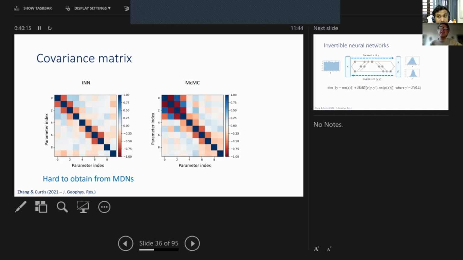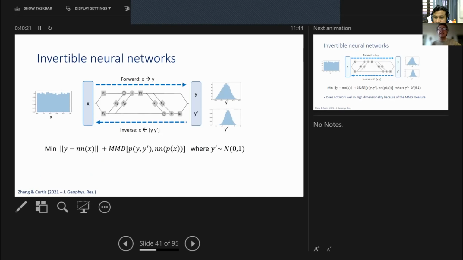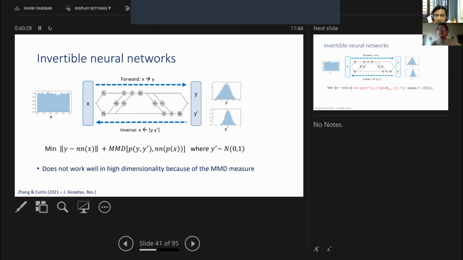However, there is still a problem with these invertible networks. And that's because what we find is that they don't work well when we move to higher dimensionality. So we don't just want to use these for inverting the depth profile from dispersion curves. We'd like to use them for 2D, even 3D tomography. And we find that when we add in more and more model parameters, the curse of dimensionality is such that we simply can't,